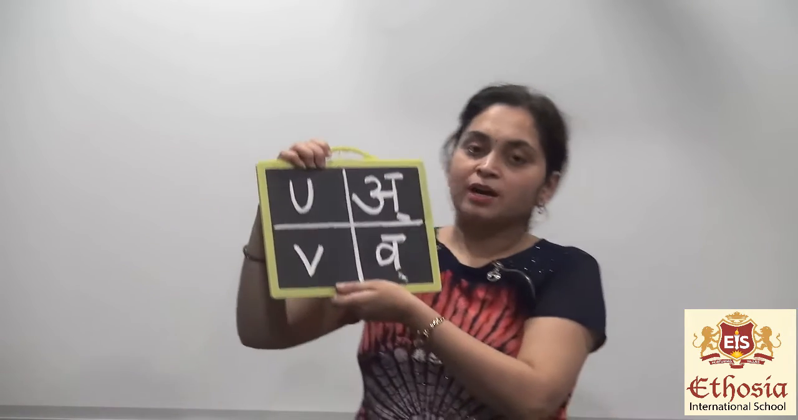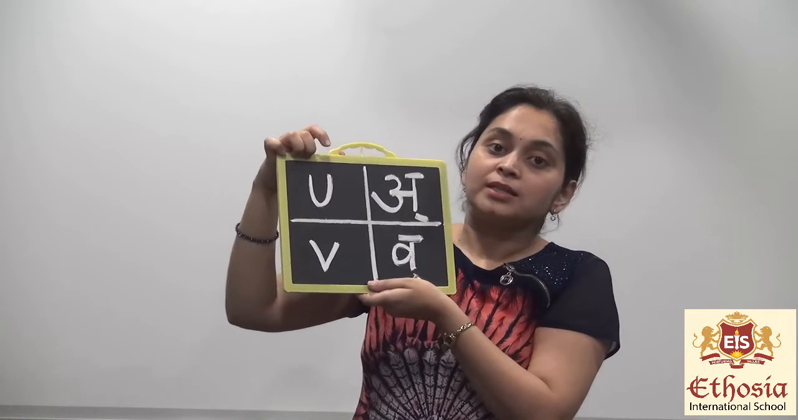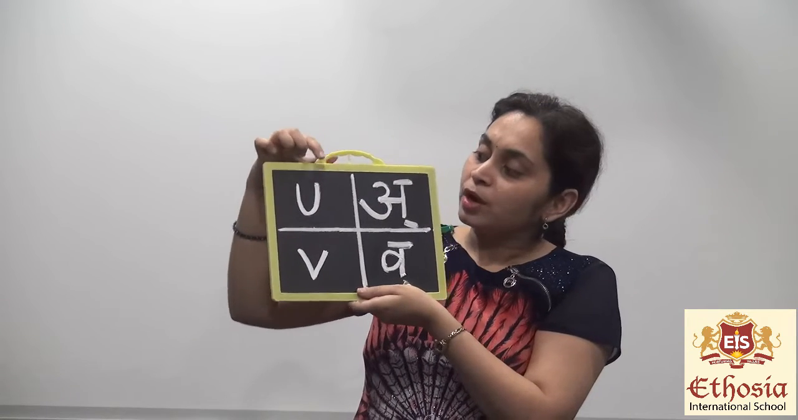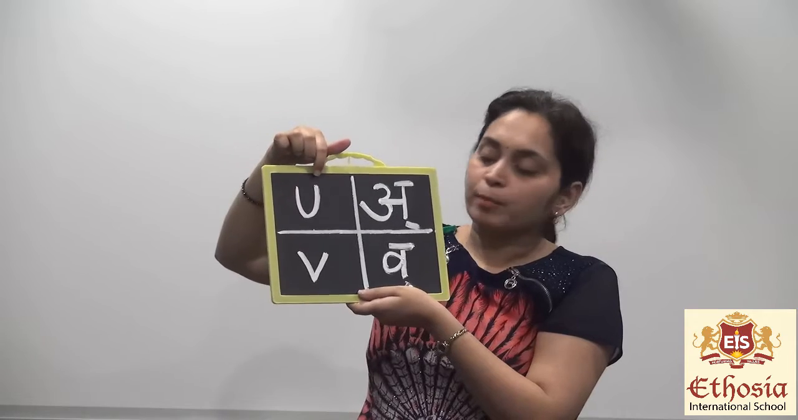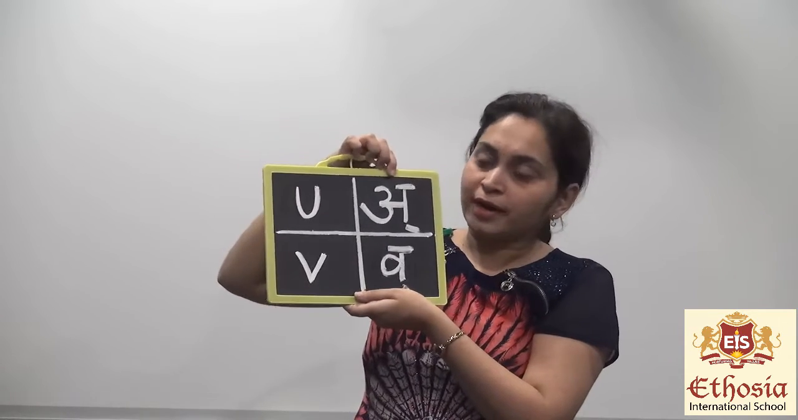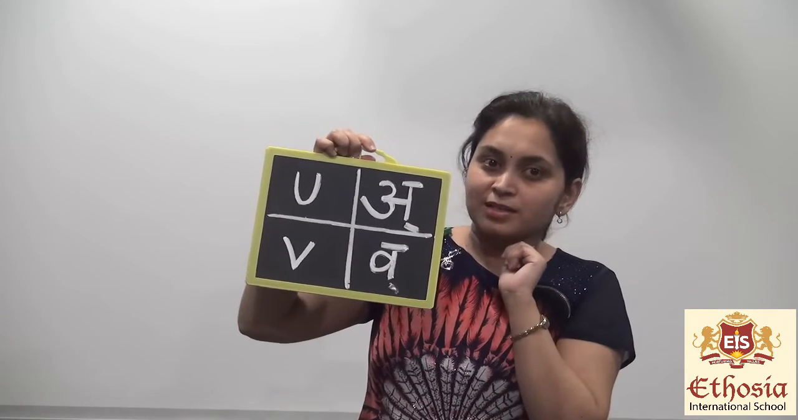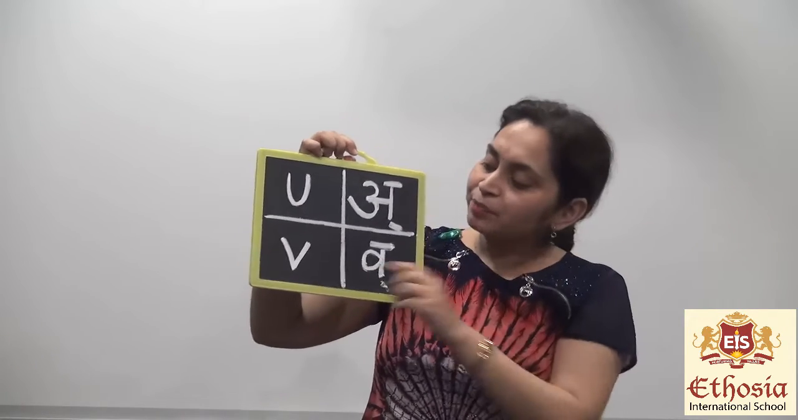Now here comes our next alphabets. This is alphabet U. The phonic sound of this alphabet is U says A, like we say under, so see, A is coming. Are you getting it? And this is